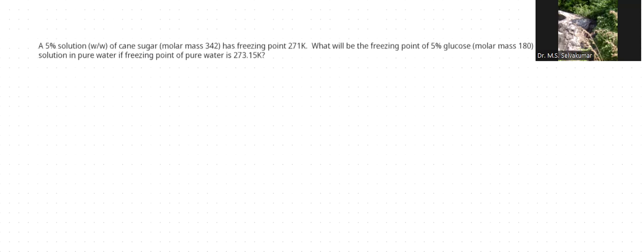First of all, you should understand that delta Tf, the depression in the freezing point, is directly proportional to molality. Therefore, it is equal to Kf into molality, where Kf is the molal freezing point depression constant. In the first data given, the molar mass and the freezing point are given. Therefore, for the first case, the delta T, the depression in the freezing point, is